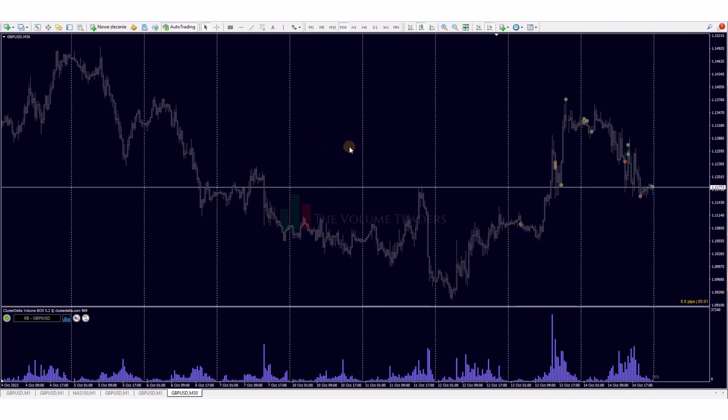So regarding the ICT concept, this is his own strategy, this is his own view. I don't want to really make confusion by adapting all his knowledge to our course, because we are the volume traders. We have our own view, own professional terminology, cheesy candles, deep invaders, and something like this. So by adding the ICT, my true intention was only to help these people who don't know where we are on the market.